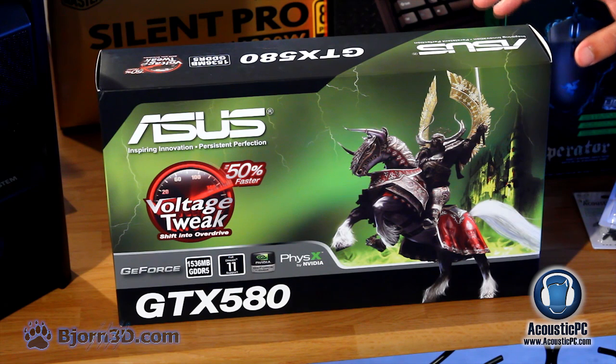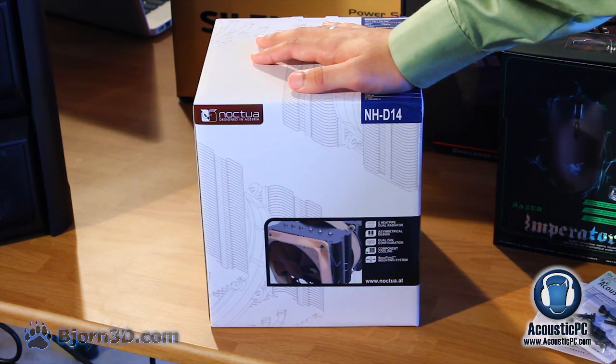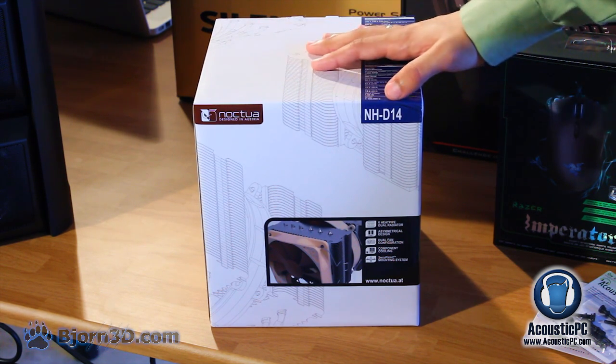Aside from the processor, the graphics card is also an important factor in gaming performance. For our gaming system, we will be using 2 NVIDIA GTX 580s. Aside from being the fastest single GPU card on the market as of summer 2011, it is also one of the quietest cards. To ensure proper cooling for our overclocked Sandy Bridge processor, we have decided to use Noctua's NHD14